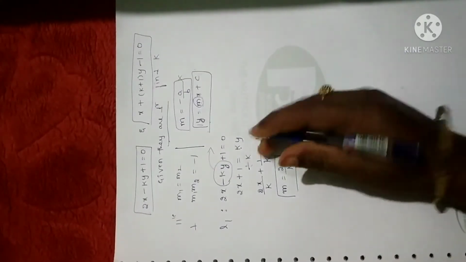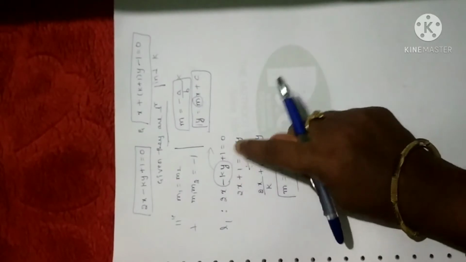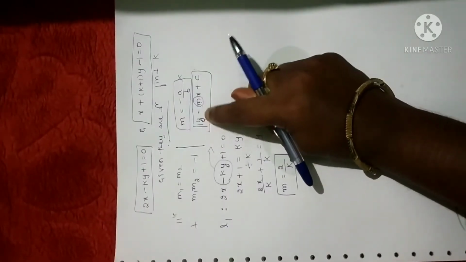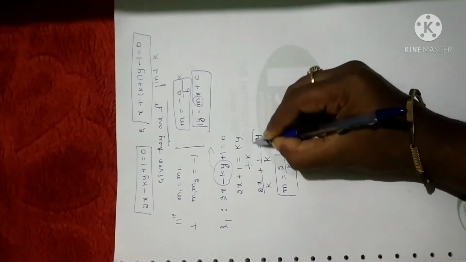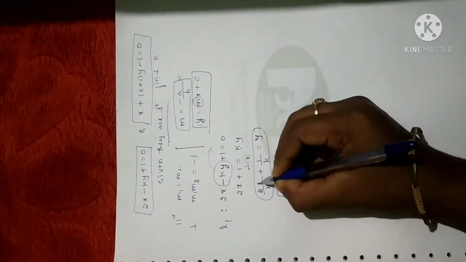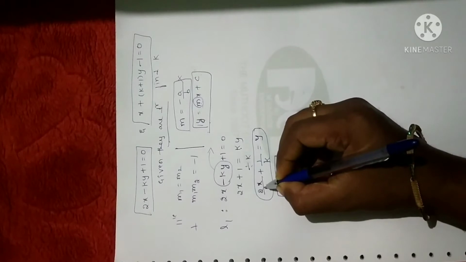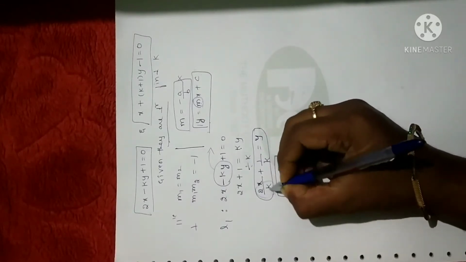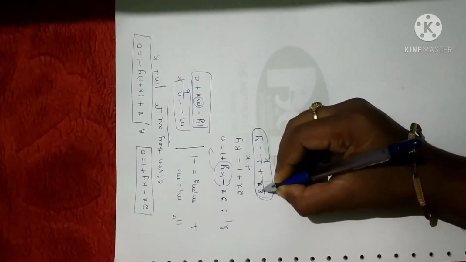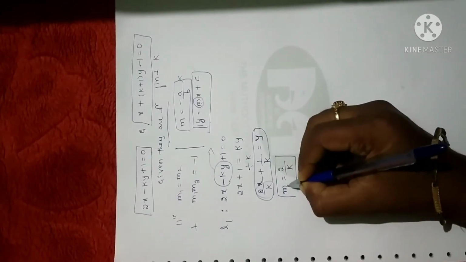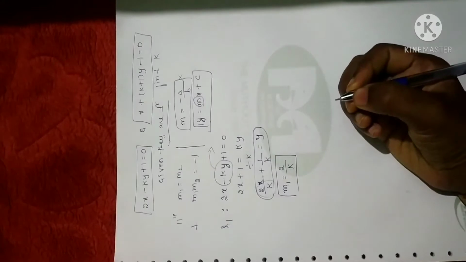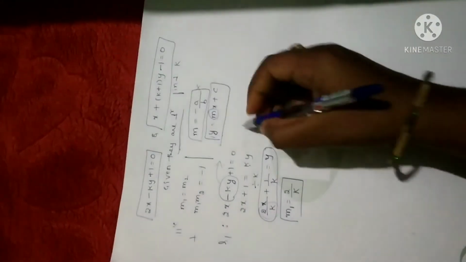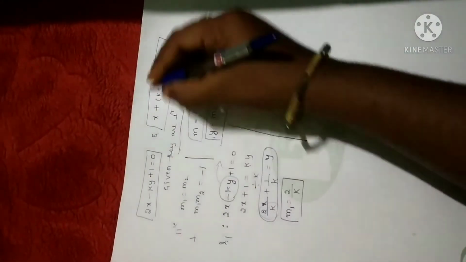I'll tell you once again, given a line equation, you just convert it into the form y is equal to mx plus c. Once you get the value of y, this is what the form is. The coefficient of x, in the sense the value associated with x, is 2 by k. So that will become the slope of line L1. Let me take that as m1. Now I'm going to do the same procedure for the second line.